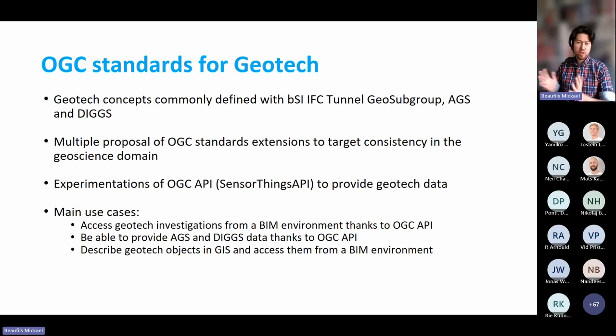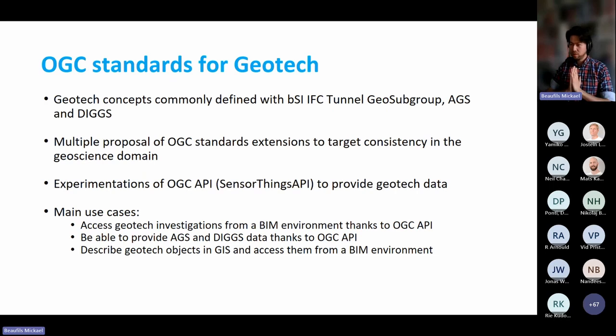The main use case we have in mind is that what is nice with the OGC standards is that those APIs can bridge the gaps to make the connection between BIM and GIS environments. So you can, for example, think about accessing geotech investigation from a BIM environment thanks to OGC API.